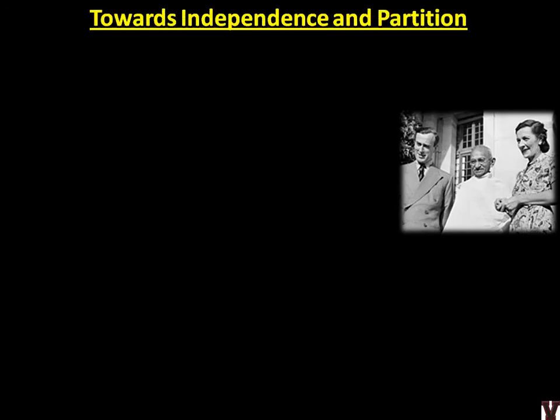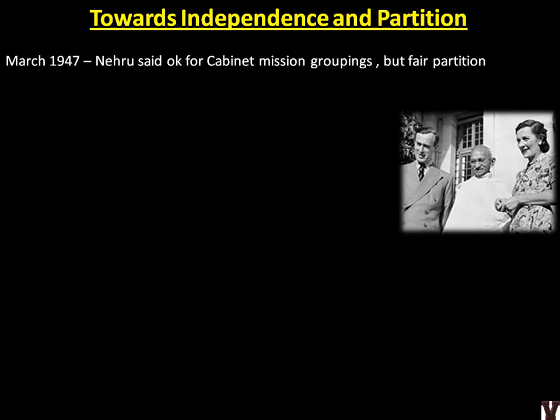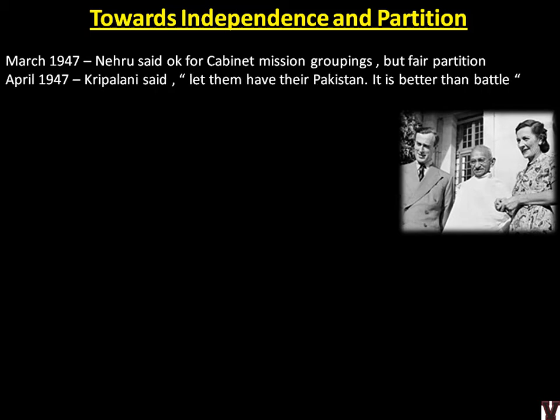Now we will see what happens next. Now we have reached the timeline closing in on 1947. March 1947, Nehru said okay for the Cabinet Mission groupings, but the partition should be fair. April 1947, Kripalani, J.B. Kripalani, who will be an important member even in the post-independence ministry,